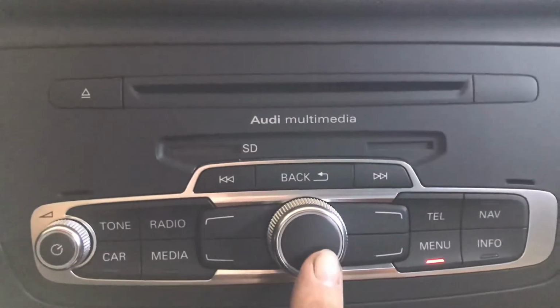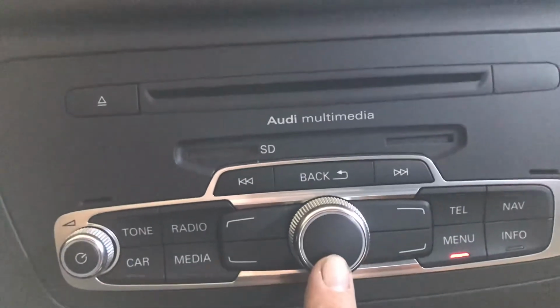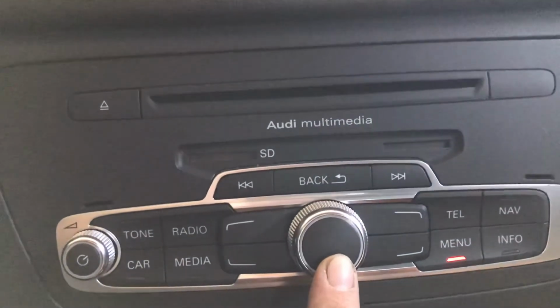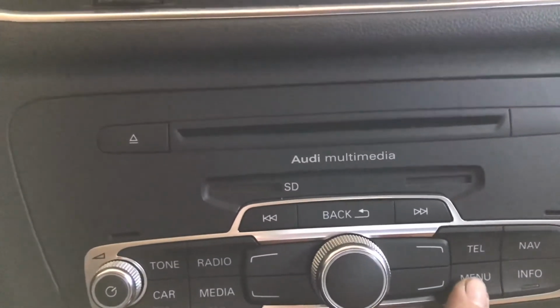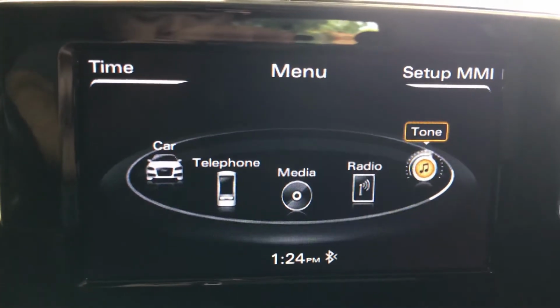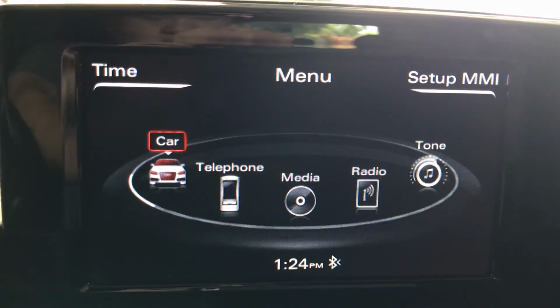We're going to use the scroller, and the scroller also acts as an enter, so you can press on it. And we're going to use this button right here, the menu. Go ahead and press menu, and you're going to get here to this page, and go ahead and use the scroller. Scroll to car, enter on that,